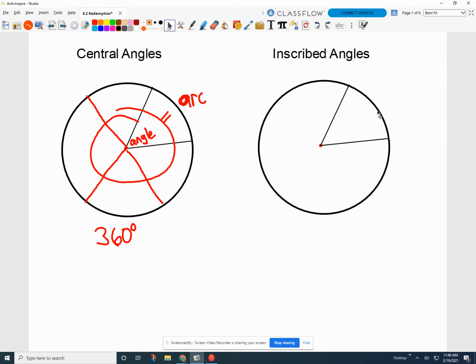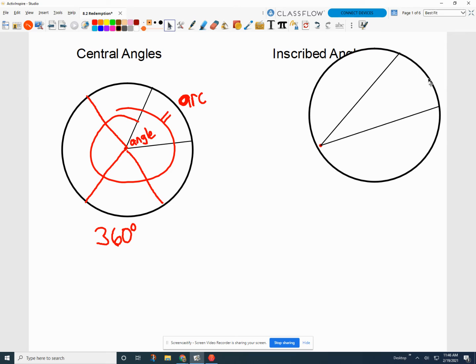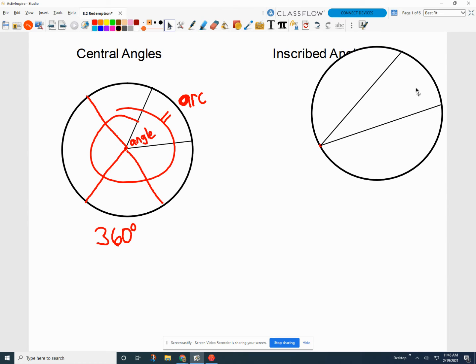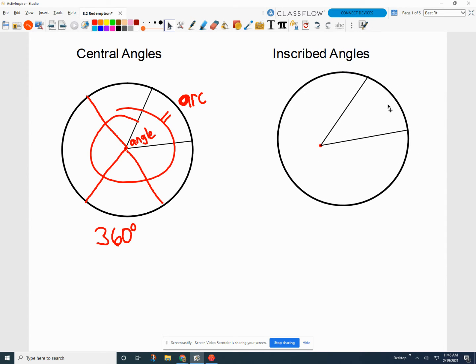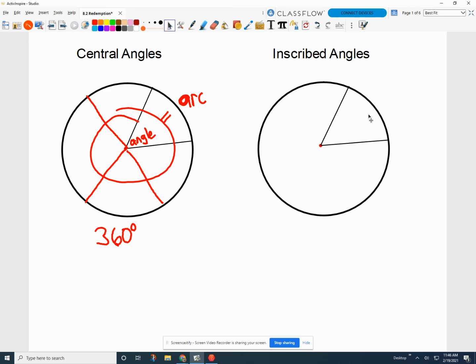I can't move the dot, but I can move the circle, so it'll kind of have the same effect. Now, what I want you guys to try and watch here is how does the size of this angle change if I move that back to the center of the circle? So how does this measurement here, this little guy, compare to